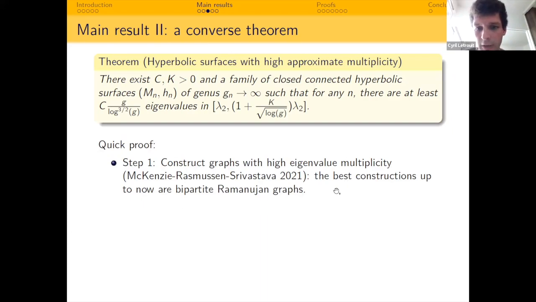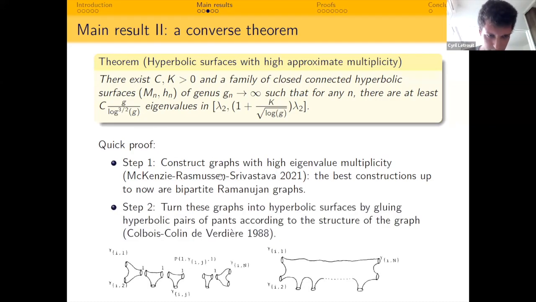They did constructions using bipartite Ramanujan graphs, which are known to exist since the mid-2010s. These bounds are exactly the same: if you have n vertices in the graph, they tell you that you have multiplicity n over (log n) to the 3/2. So it's exactly the same bound for graphs. And then there is a very nice